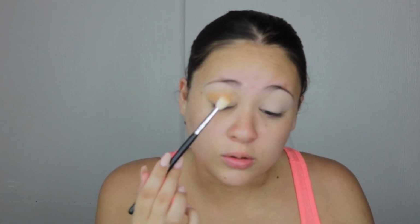It's the only shade I'm gonna use because we're gonna go with all black liner and stuff, so I'm not really gonna go too much on the lid. Just grab a little bit more and then put it all over my lid. So I'm just gonna keep one shade on the lid, and then I'm gonna go with